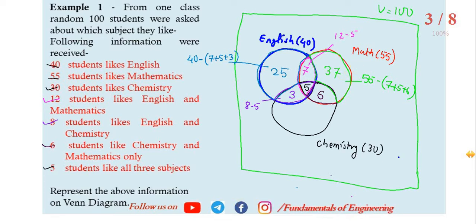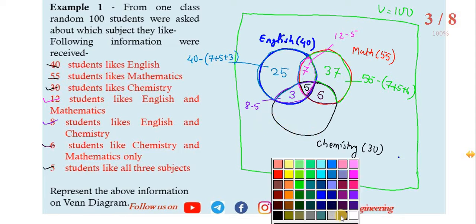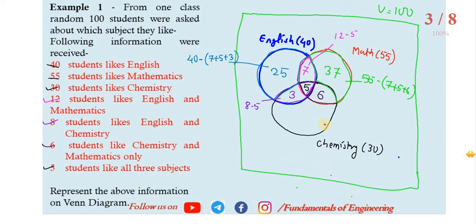Similarly for chemistry, only chemistry, which is the area? This one. This area will be of chemistry. So for that chemistry area, 30 minus,